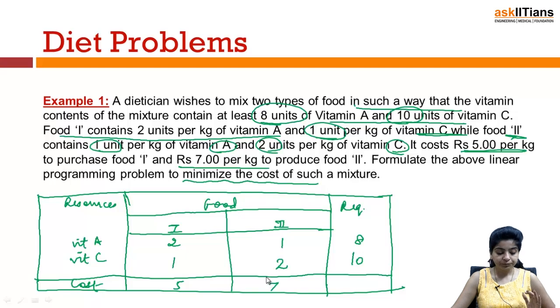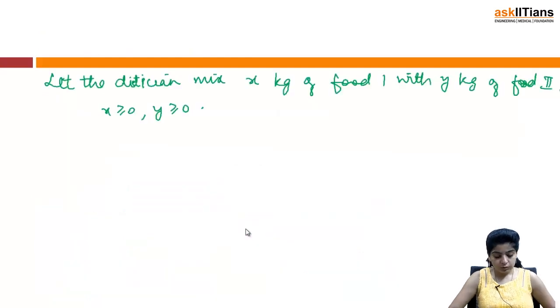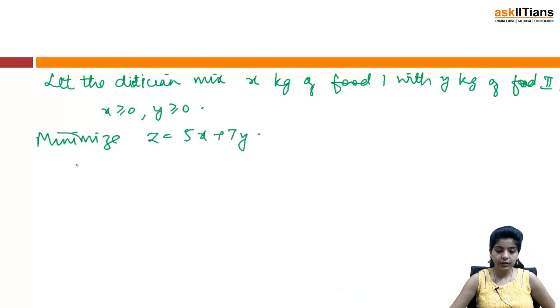Now we have assumed that the dietitian is mixing x kg of food 1 with y kg of food 2. So therefore, first of all we find the objective function. The total cost in this case would be rupees 5 for food 1 and 7 for food 2, and we are assuming x units for food 1 and y units for food 2. So we have: minimize z, that will become 5x plus 7y, subject to,